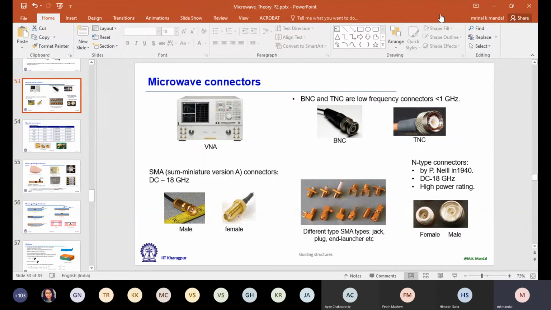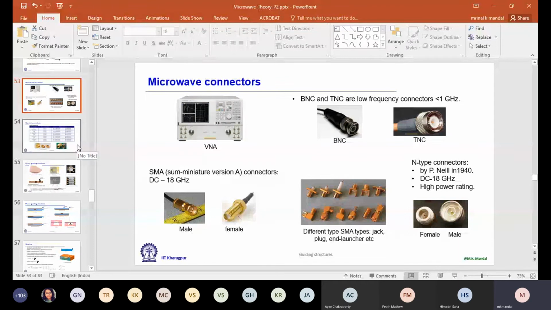Okay, can you hear me? Yes, sir. Can you hear me? Yes, sir. Any one of you can report? Okay, fine. Because it shows some network connection problem. Anyway, so